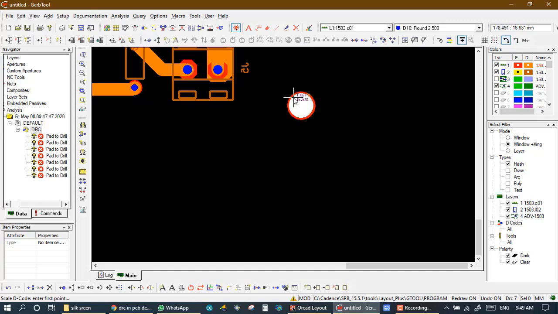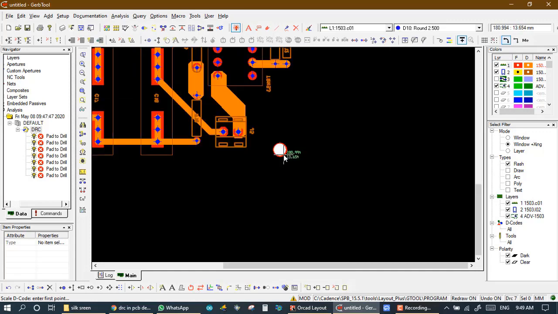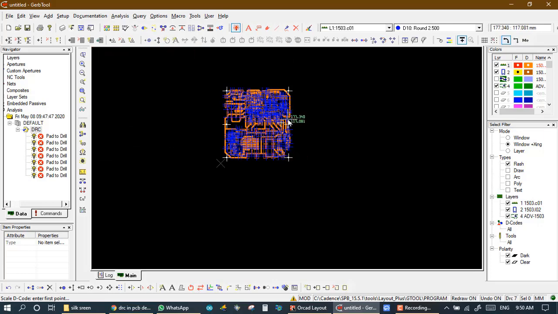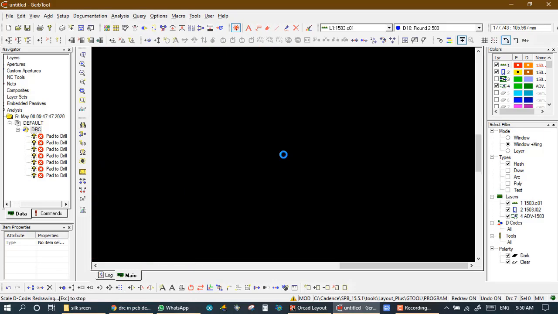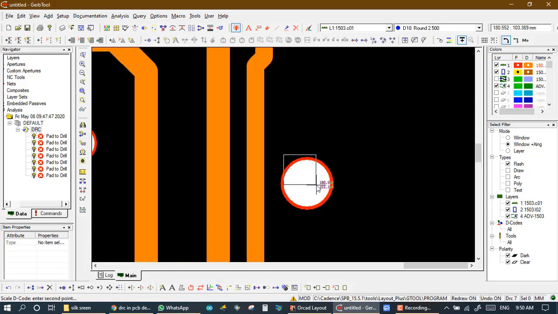It is pad maximum, maximize, whenever I get an error and highlight.